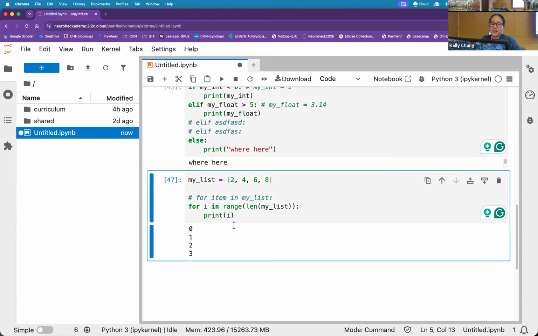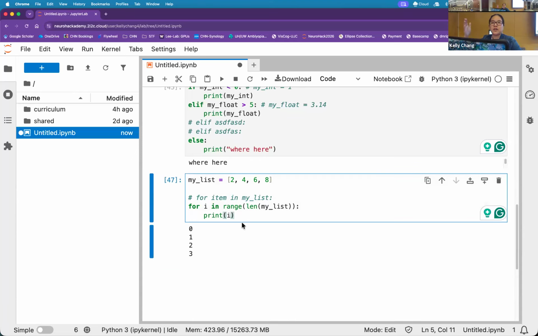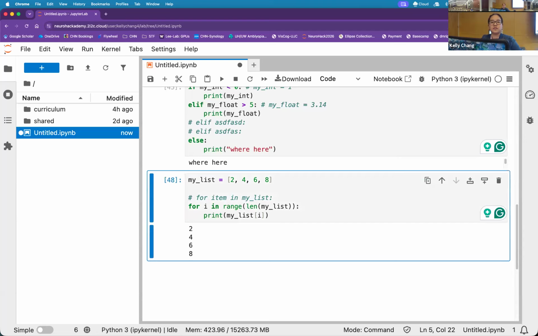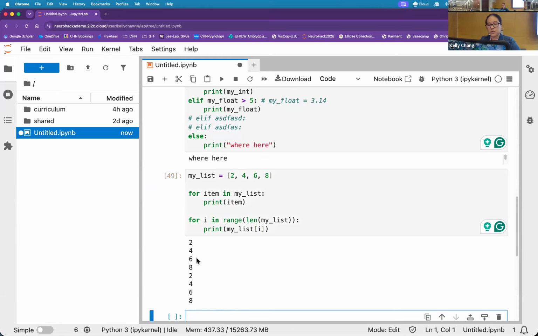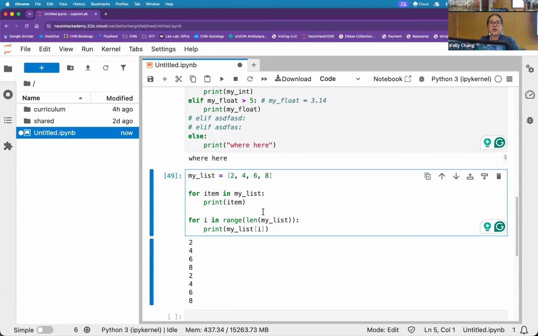So every single position. And people, if they were going to go through an iterative item, would do an indexing version of this. So instead of just going through item, you can go through my list, but the iterative instead, and you'll get the same result. I realize I should probably just type in both. So give me a second. Print item. These will achieve exactly the same result from the same requested sequence. So 2, 4, 6, 8, 2, 4, 6, 8. So you can choose to iterate over the items themselves, or you can choose to iterate over the position of the items and then call the item.